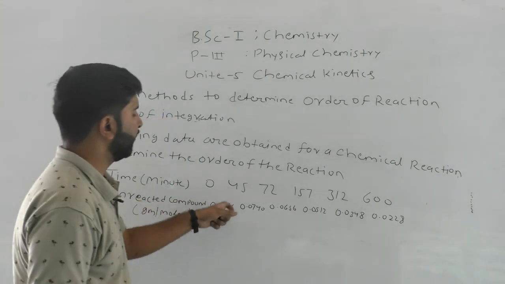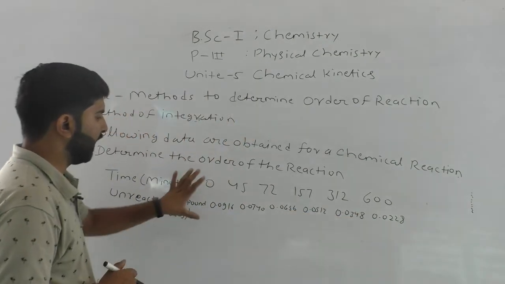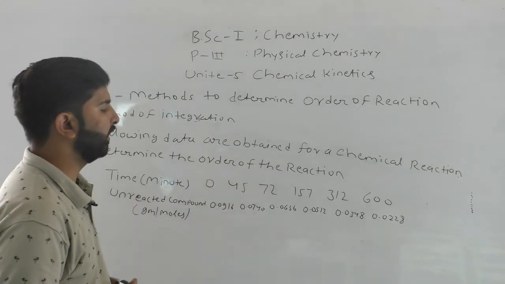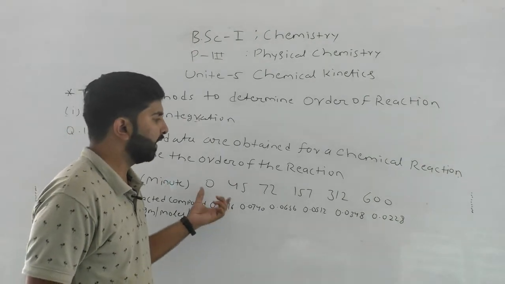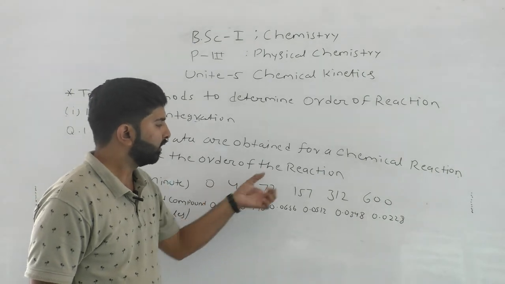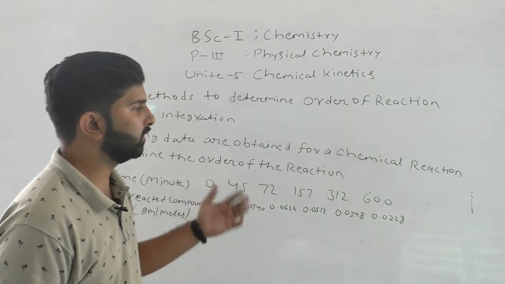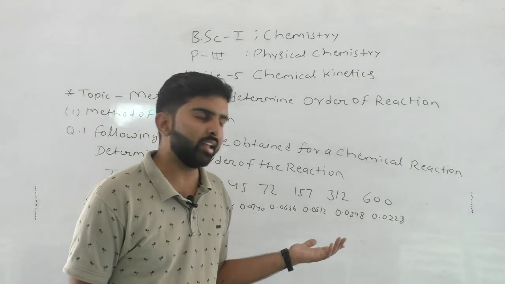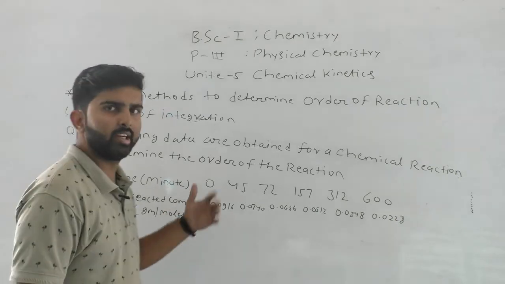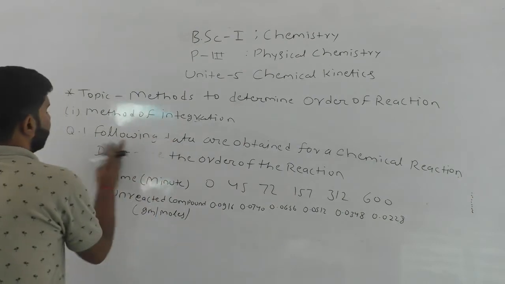Means here we have 6 experimental datas. So we put these datas in one by one and calculate the values of k. The rate equation or integrated equation which gives a constant value for each of the experimental datas, then we say that the order of this reaction is with respect to this integrated rate law. So now we put these datas into the first order and second order integrated rate laws and see the outcomes of the calculations.